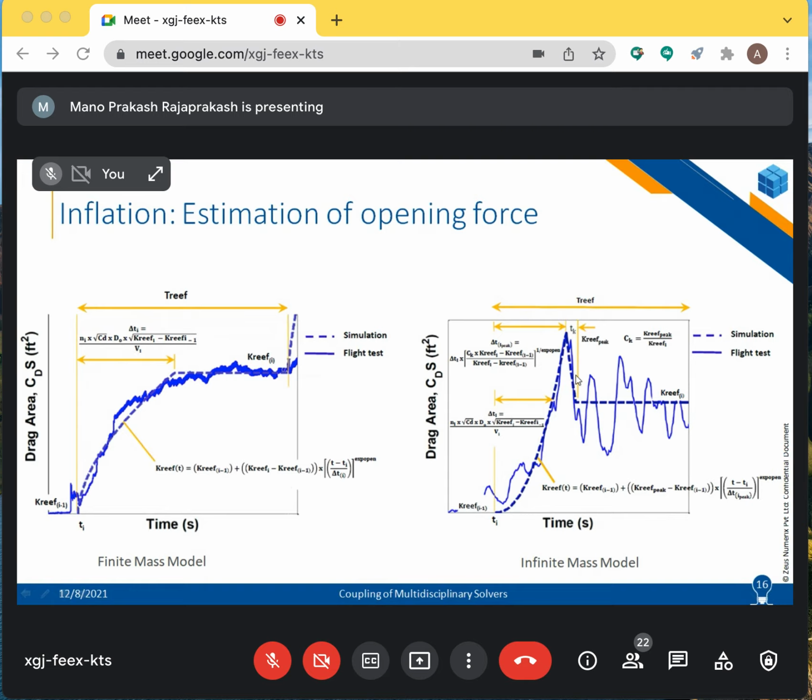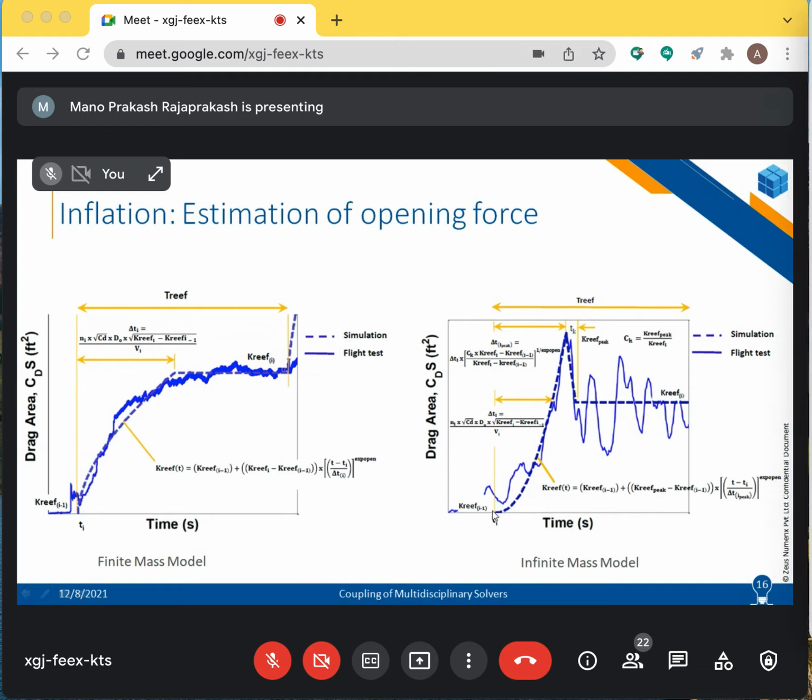In a similar manner, here this is the infinite mass condition. The parachute starts inflating, it is going to overinflate in a particular time, and then after overinflation, it is going to settle down to its actual nominal condition. This is going to take some time. So this TK, what you see, is the time period for the parachute to go from its overinflation stage to its nominal stage. This is again a user input. The user is expected to be aware of the typical time it is going to take in order to model such complex scenarios.